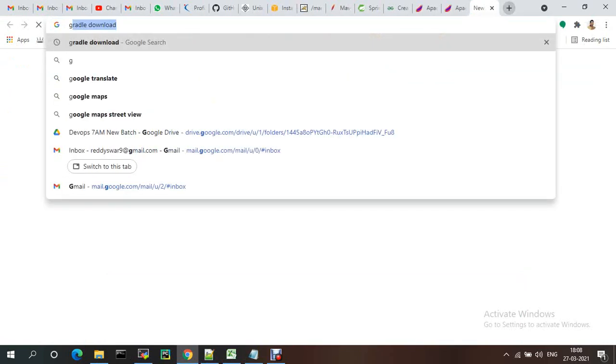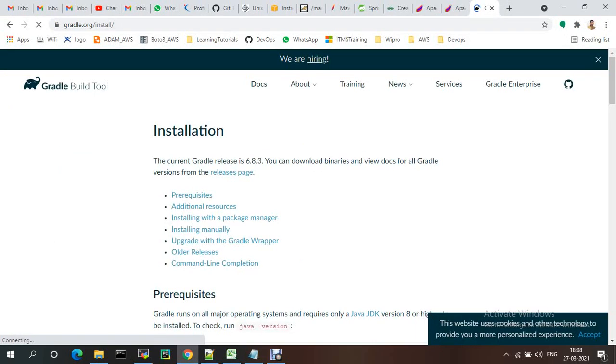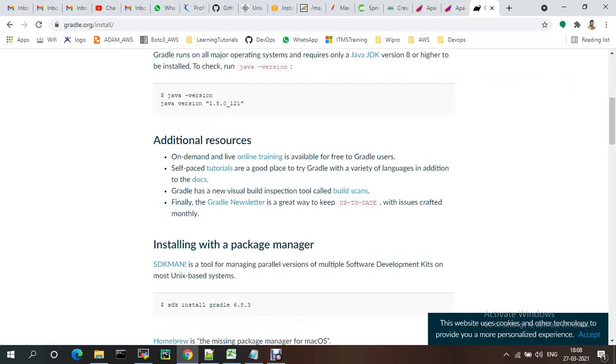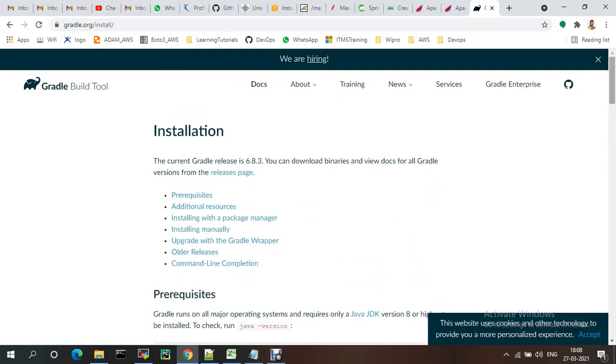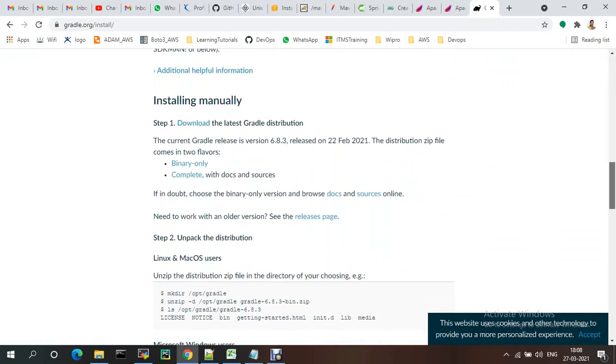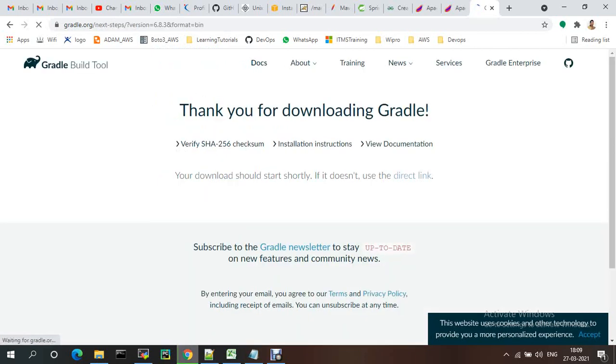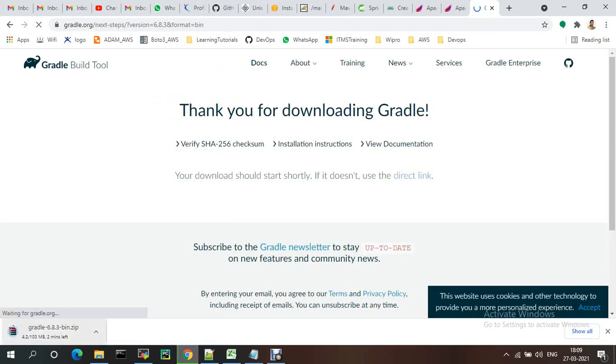Go to Gradle download, installation, Gradle. Go to binaries only. So here it will come. I'm canceling this one.